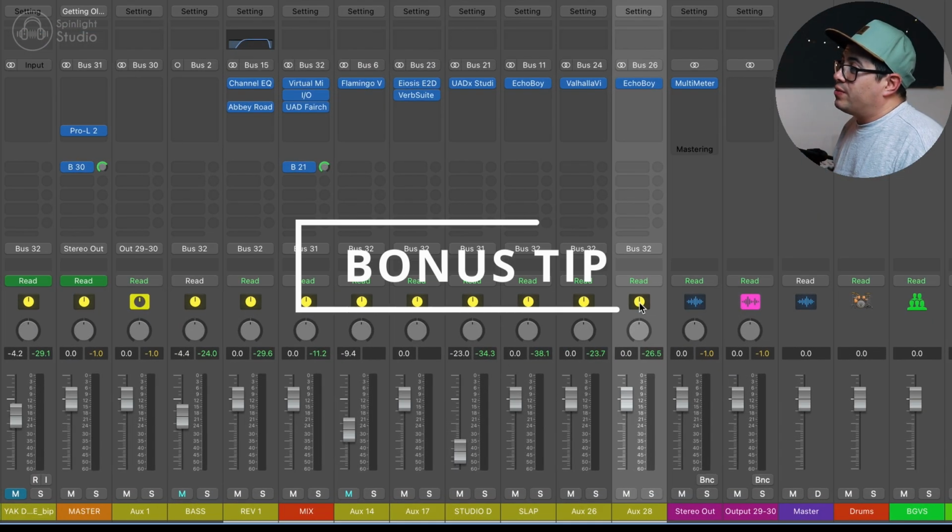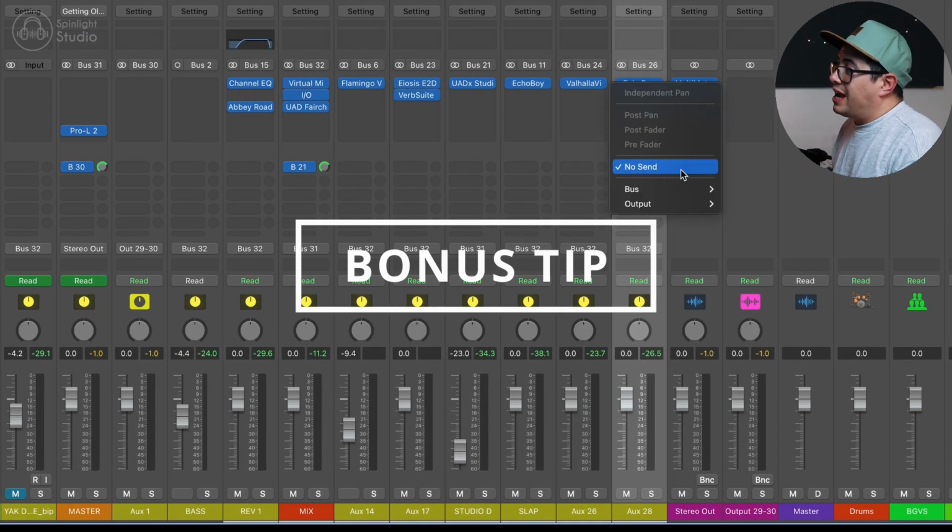And just by using the automation to bring it in and out, creates a really nice sense of movement as well. So we have that nice soundscape, but then it kind of ebbs and flows with the vocal, which I think sounds really awesome. And another trick you can do with that is you could feed our delay back into